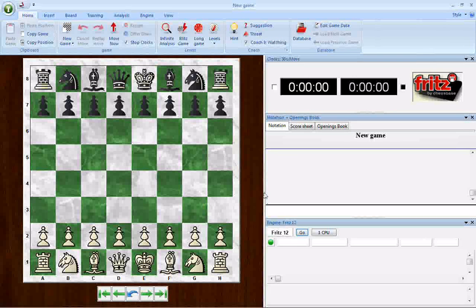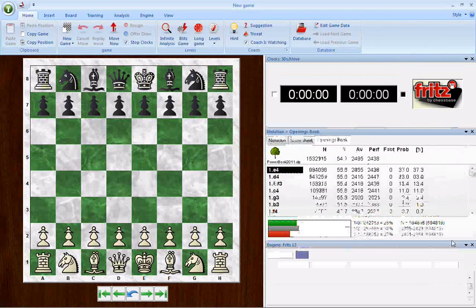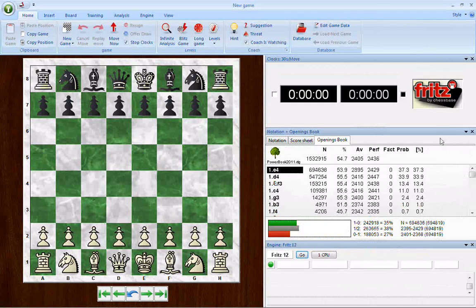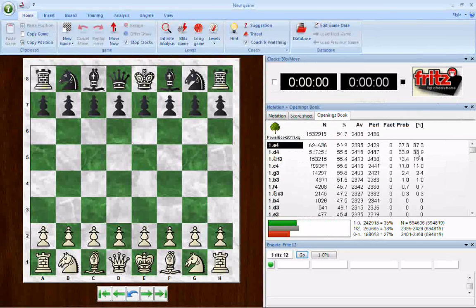This also explains, this is the second thing I want to talk about, why Fritz plays very quickly when you start a game. It's playing out of the opening book. It does not have to think about its moves. It's pulling moves right from the opening book, and it will continue to do so until such time as